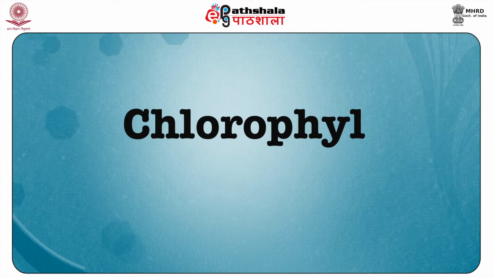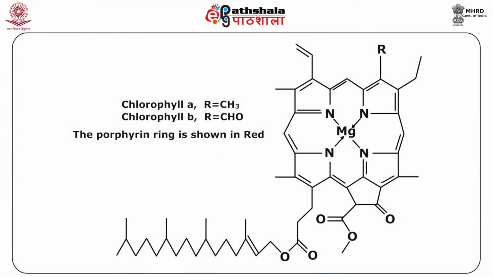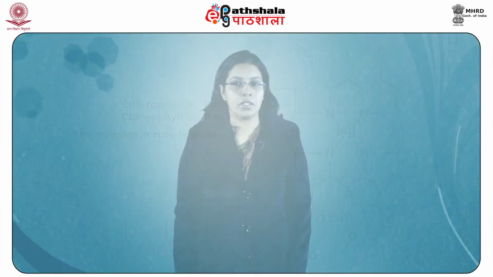Chlorophyll. Chlorophyll is a molecule that traps the most elusive of all powers and is called a photoreceptor. It is found in the chloroplast of green plants and is what makes green plants green. The basic structure of a chlorophyll molecule is a porphyrin ring coordinated to a central atom.